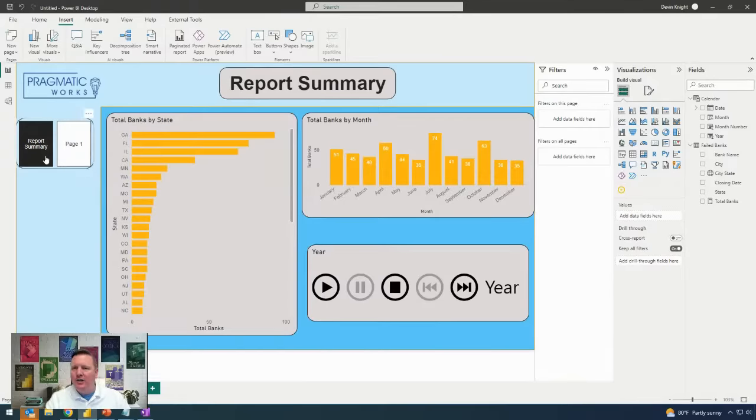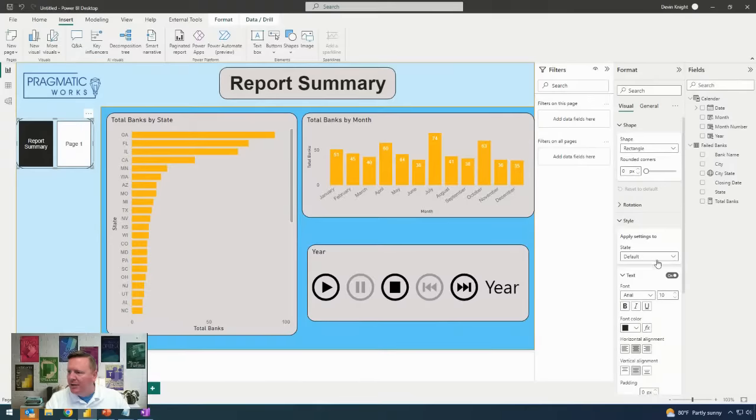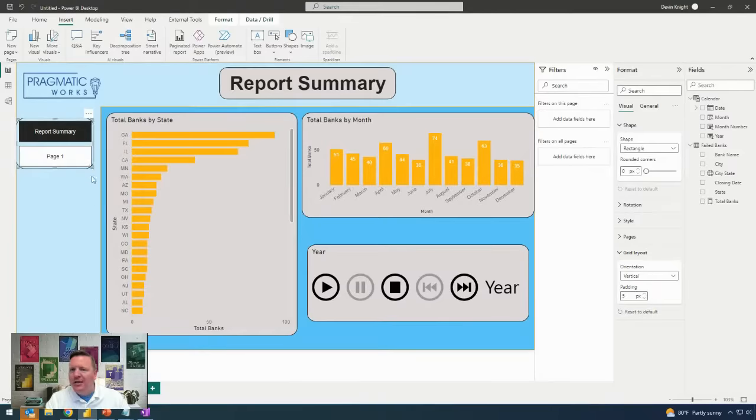And if you wanted to change the orientation of this, you can. So I can actually change this so that it is rotated. Let's see. It is style. Here it is. There's a way that you can change this. Here we go. Vertical. So now I can have buttons on the left-hand side going down the left-hand side where I'm building this navigation. And it allows you to toggle back and forth between all of the pages you have on your